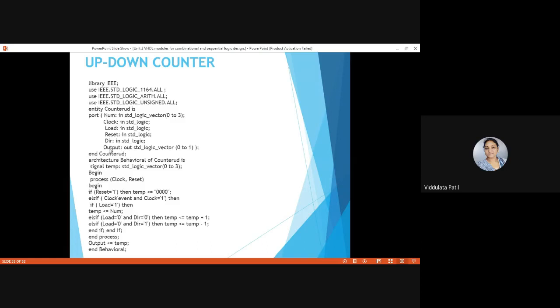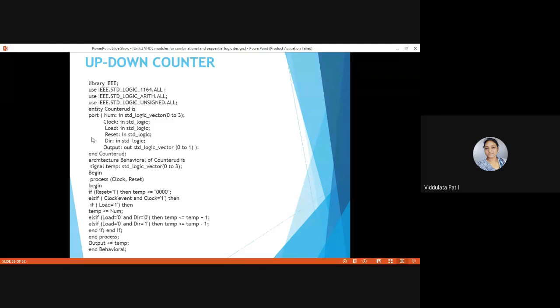So that means now we have declared all the ports which are to be present in this counter circuitry, and then we have declared the entity part of this program. Okay, now the next part, the main part, which will decide how this circuit is going to behave, is the architecture. So here, architecture behavioral of counter_ud: we are giving the name to this architecture, counter_ud.